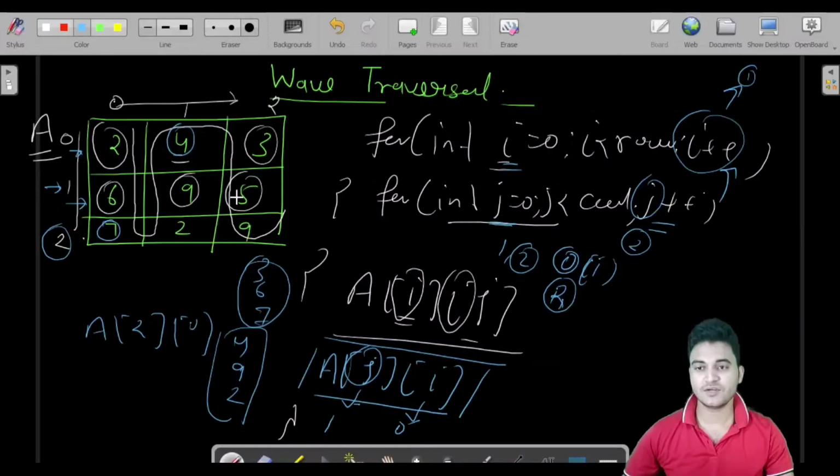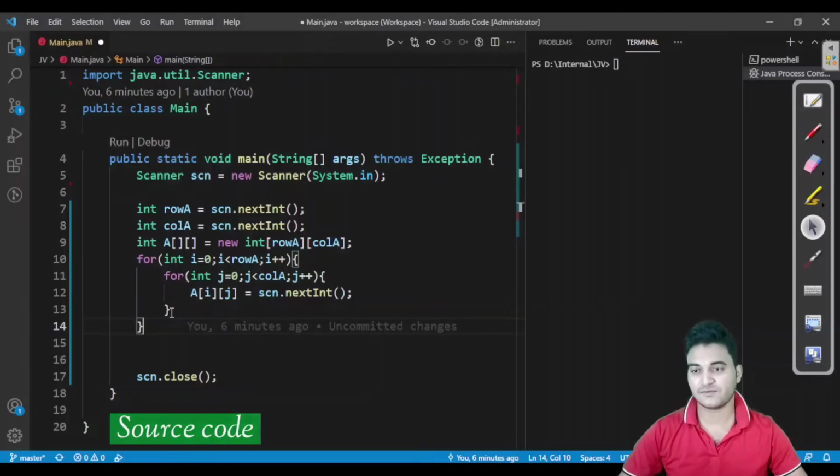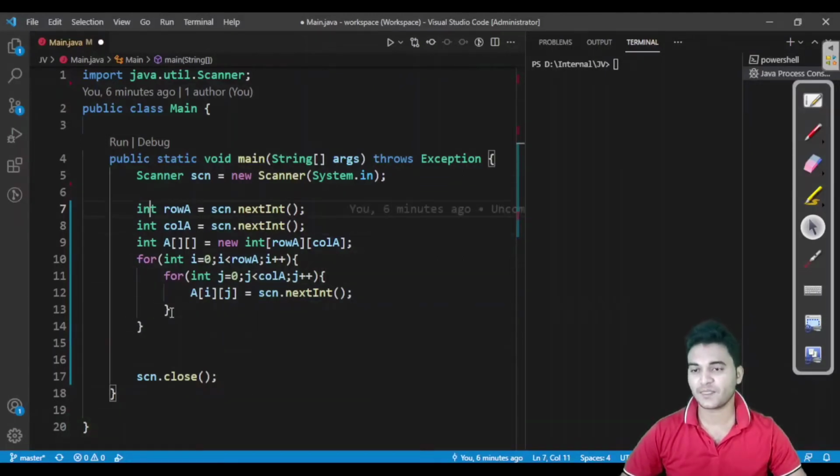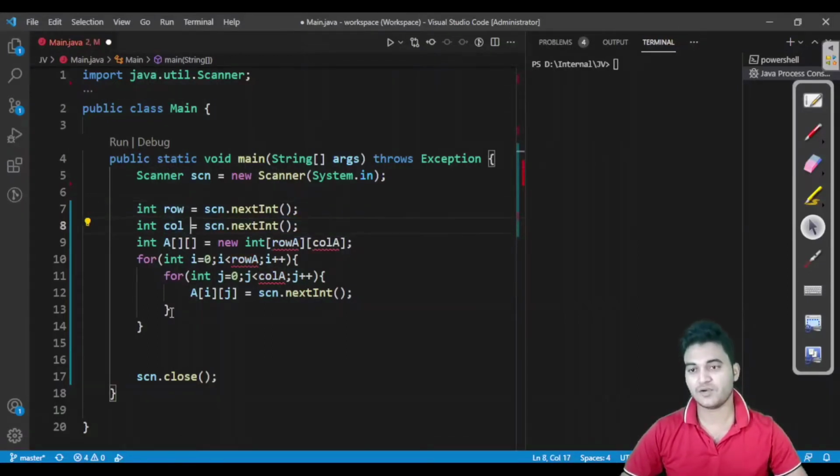So let us do it till now, and then we would print the output for the second column in this way also. So let us write some code so that we would be able to grasp things. What we have done till now, we have taken the row size of a matrix, let us simply call row and column.